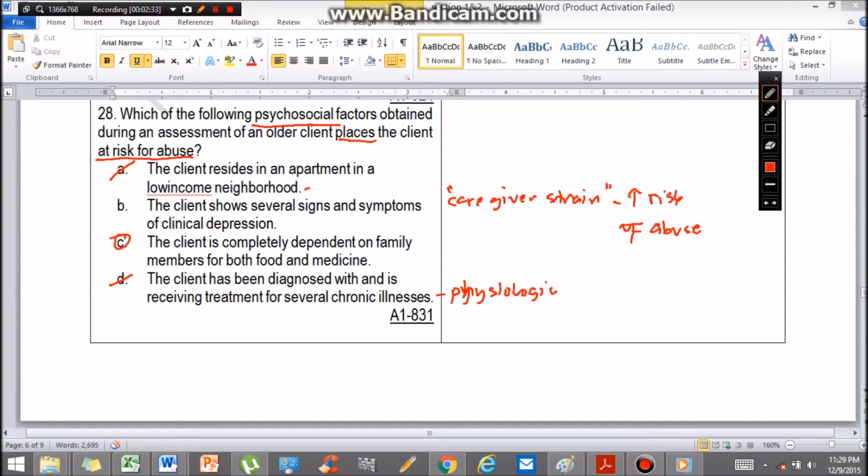So remember that caregivers are affected too when they are in charge of caring for their loved ones. In this situation, abuse may arise. Letter C is the answer. Next,